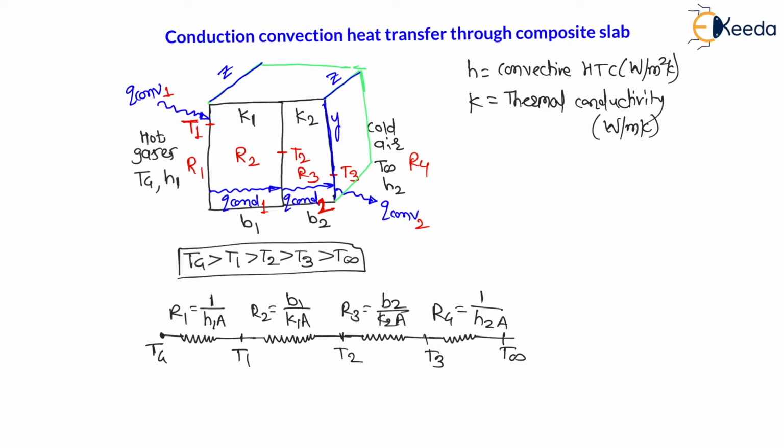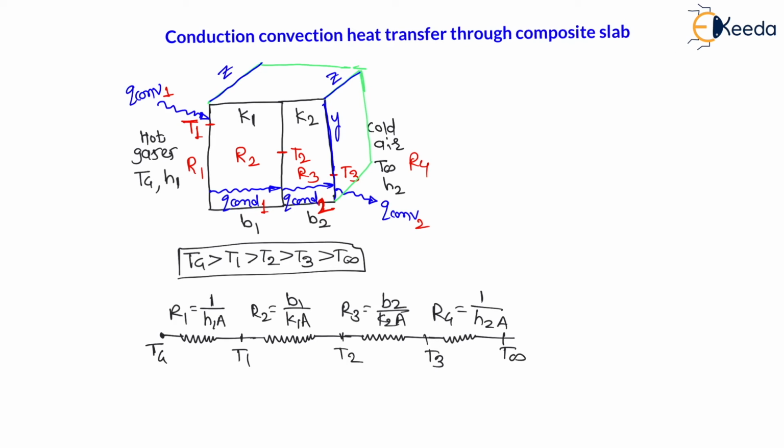So, my dear students, let us find the heat transfer rate, right? Here we are going to find the heat transfer rate. Now, my dear students, the heat transfer rate is uniform along the x direction, that is steady state conduction. It is a steady state conduction or convection. Therefore, Q is equal to, if I consider temperature difference Tg minus T1, here the formula for Q is temperature difference divided by resistance, right?